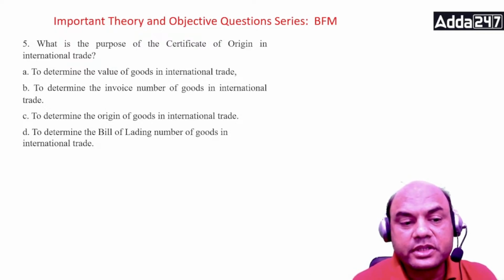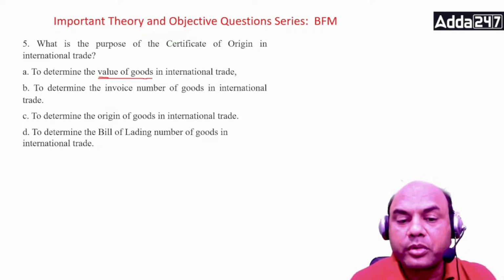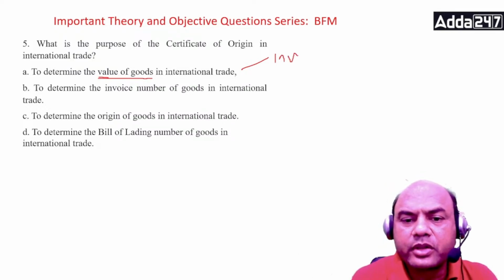Value of the goods. I'll get it from two documents. Two things, in fact, not documents. One is the invoice. From the invoice